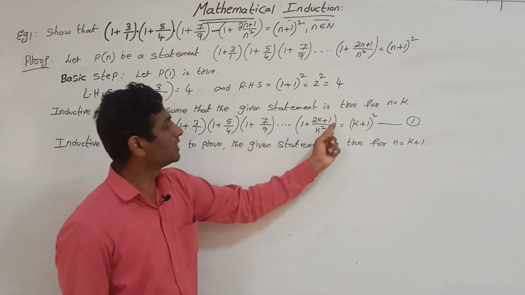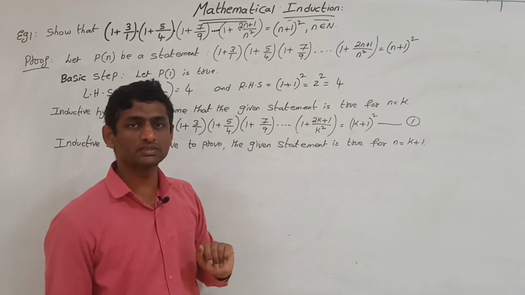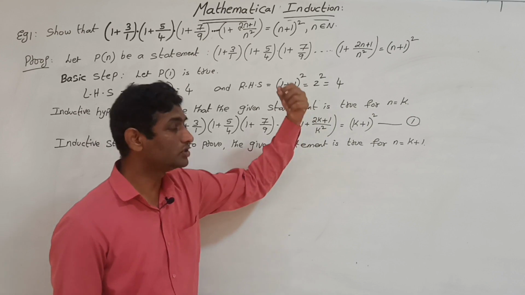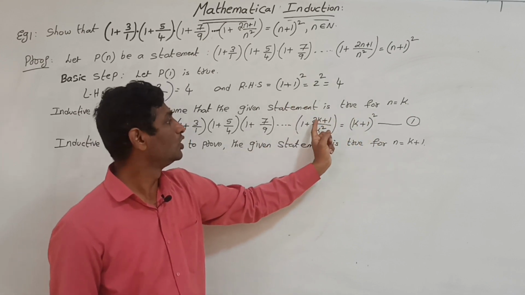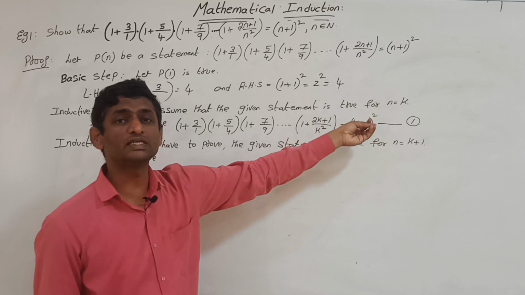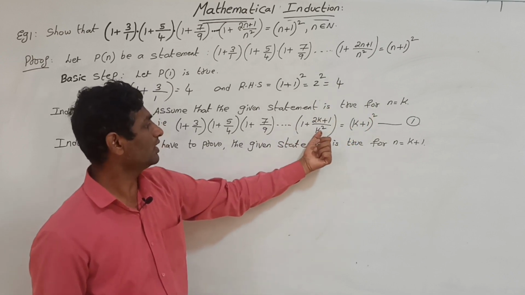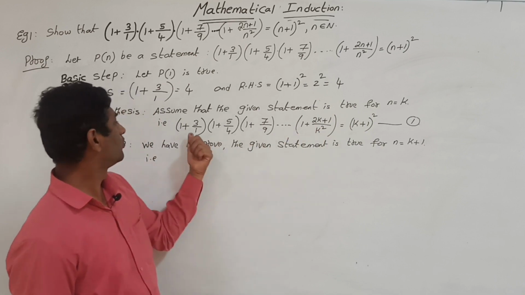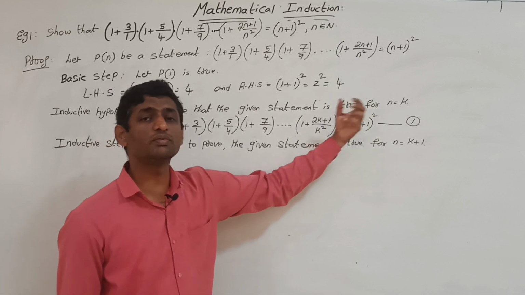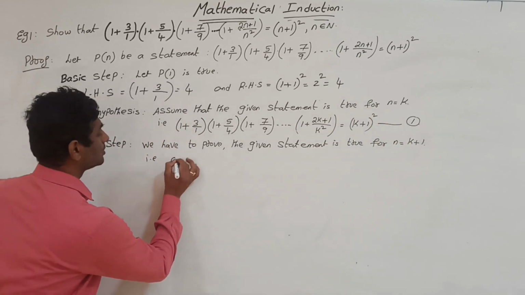Now, in the next term, what will be the next term? It is 1 plus, and here 2k plus 1 is there in the previous one. If you add 2, that is 2k plus 1 plus 2, that gives the next, k plus 1th odd natural number. Similarly, in the denominator 1 square, 2 square, 3 square, here k square. So what will be the next term? K plus 1 whole square. So on.